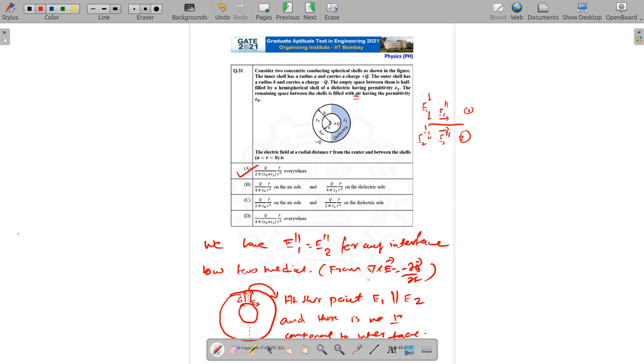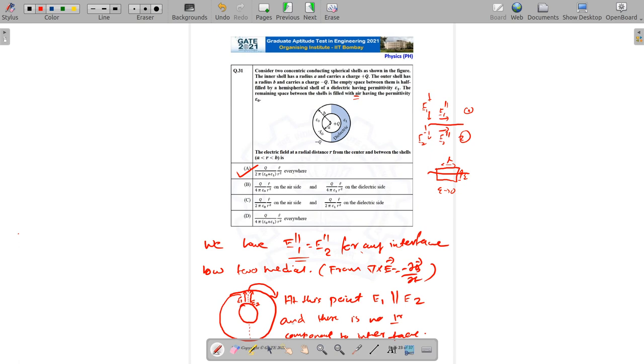If you remember how you derive this boundary condition, you take an infinitesimal loop going through both of the media, and if epsilon is the thickness in the perpendicular direction, you take the limit epsilon tends to 0, and if L is the length, you apply del cross E over this loop, and then you will get that E1 parallel equals E2 parallel. Just try to refresh this through your